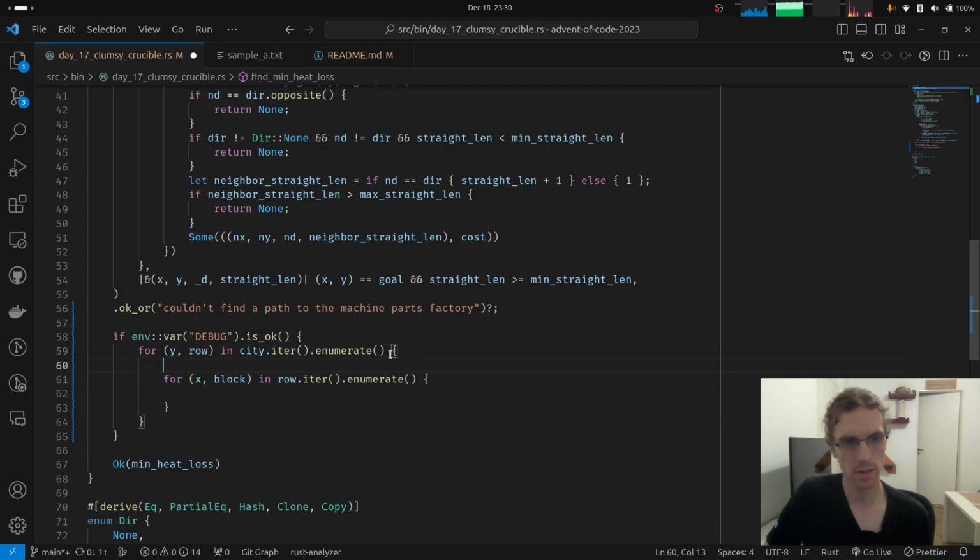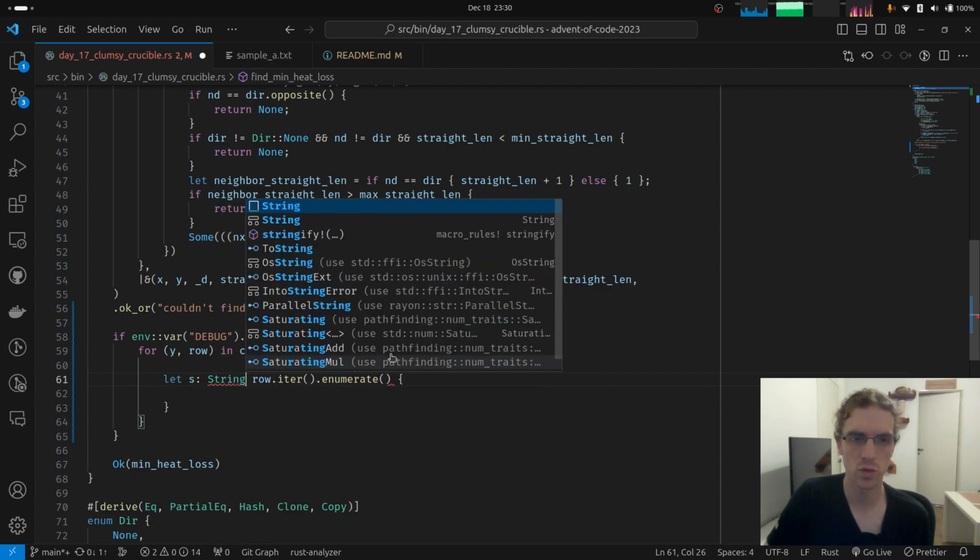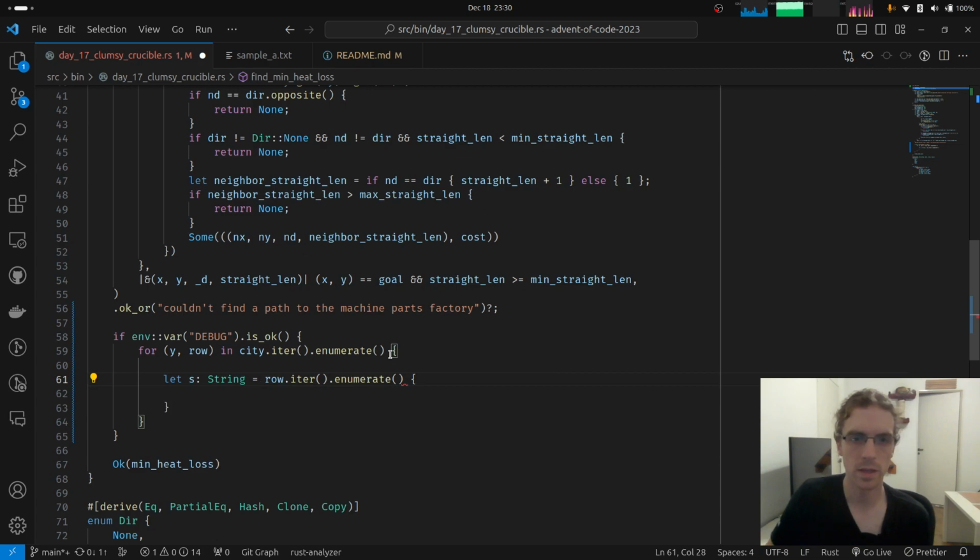Well, let's make a string for each thing and just print it, right? We can probably do something a bit more iterator based. So let's say let s be a string, and it's going to be this thing enumerate and so on.